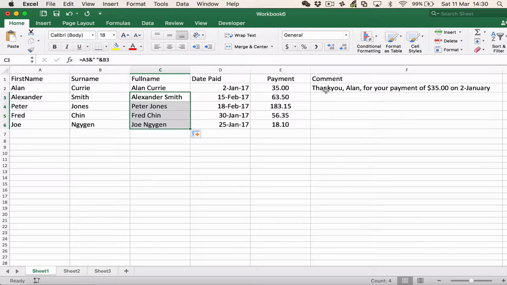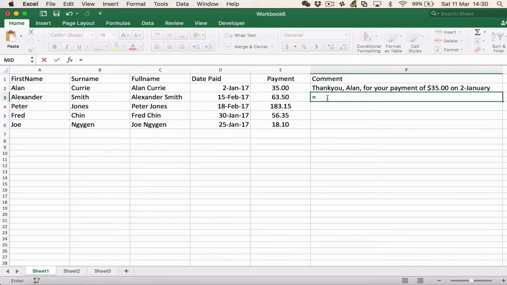Slightly more difficult example perhaps is to concatenate a number of strings, some constant strings and some variable strings, to come up with a statement like this for these payments on these dates. So again, it's a simple matter of saying thank you, comma, space, concatenated with the first name, concatenated with quotes, comma, space, for your payment of space, concatenated with the amount,